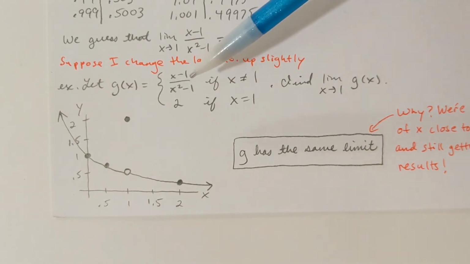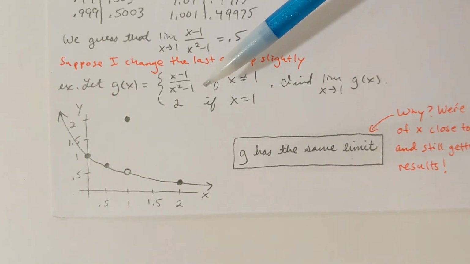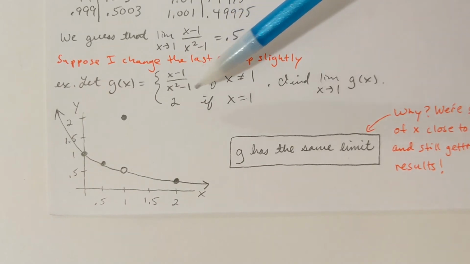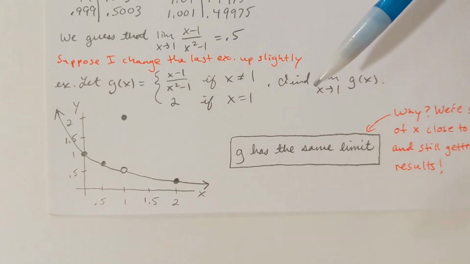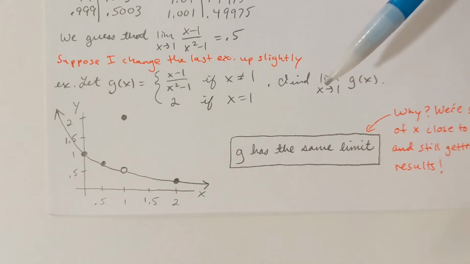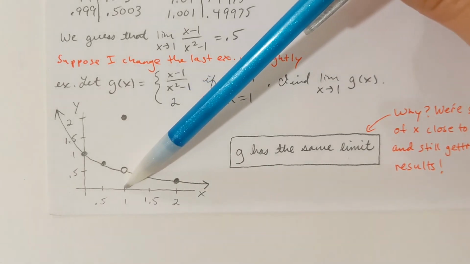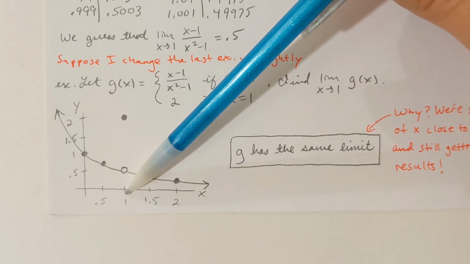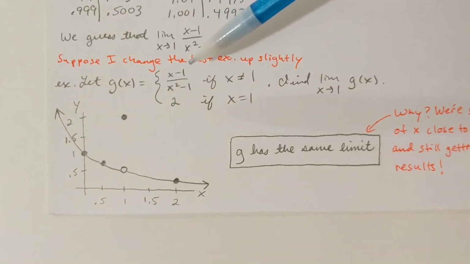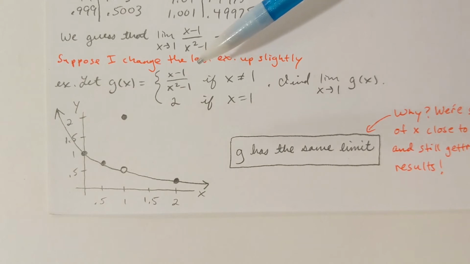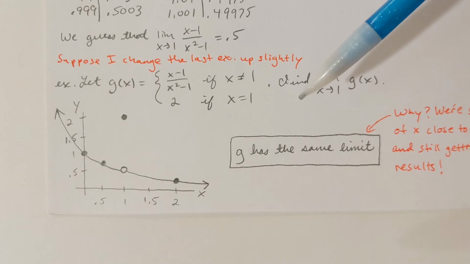Now, x squared minus 1 factors as x plus 1 times x minus 1. I've got an x minus 1 in the numerator, which can cancel with the x minus 1 that would be in the denominator. The fact that those x minus 1's canceled means that I will not have a vertical asymptote at x equal 1. But instead, I'll have a hole in the graph at x equal 1. In general, with a rational function, if it simplifies and you have factors canceling, the corresponding zeros would create holes